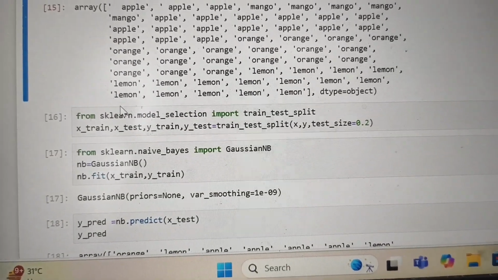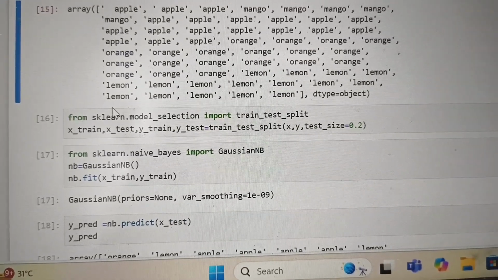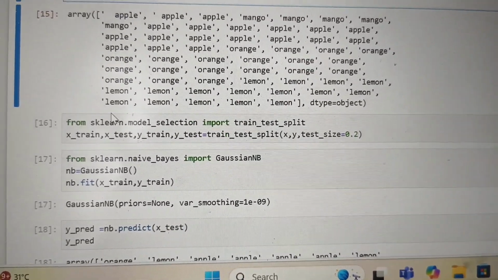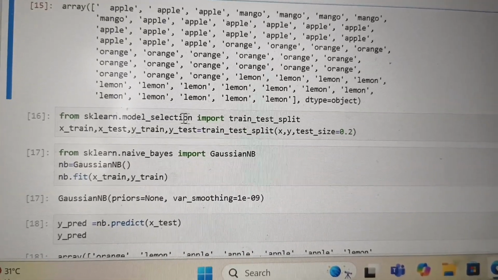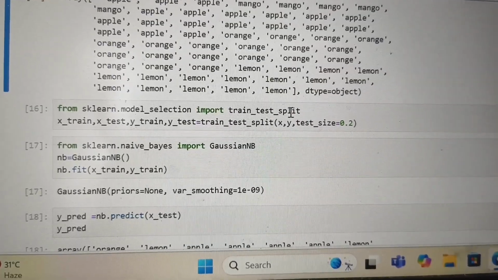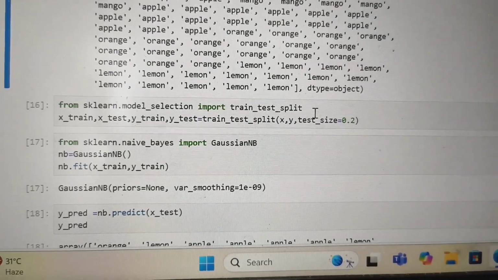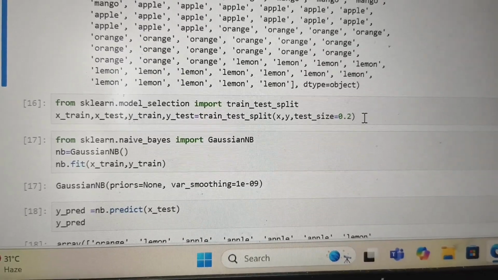Next, from the sklearn library, import the train_test_split function. From sklearn.model_selection import train_test_split. Now the test size for this dataset I have chosen is 0.2.